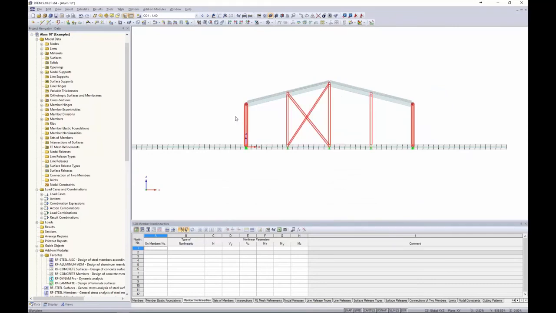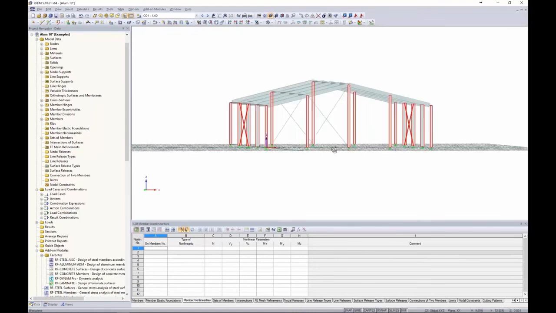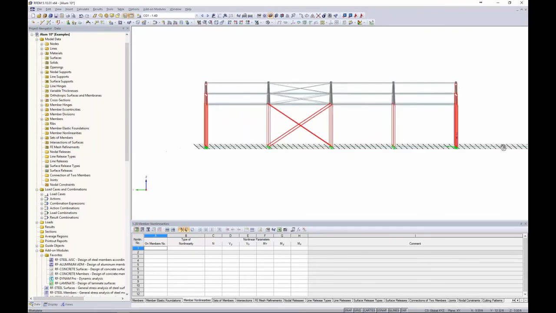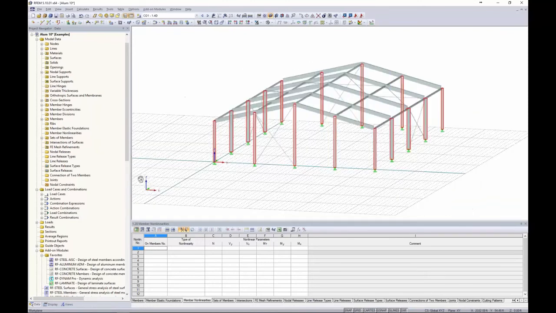Now, geometric imperfections really are to account for a column out of plumbness. There are some other stipulations that you can maybe add in, like pre-cambers, which we'll see in just a minute, but for today we're really concerned with column out of plumbness in terms of geometric imperfections. I don't want to highlight my braces here, so if I hold down my control button and select those brace elements, only my columns are left